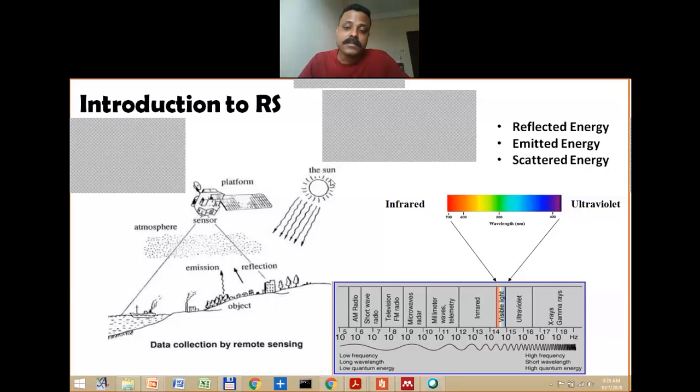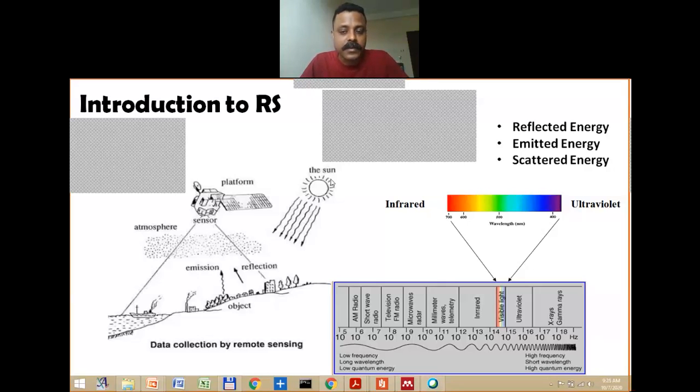So infrared is slightly bigger than the visible range. Within the infrared, it is again subdivided into near infrared, mid-wave infrared, short-wave infrared, and far infrared. You don't have to really go into these things, but remember, infrared is slightly bigger in terms of the